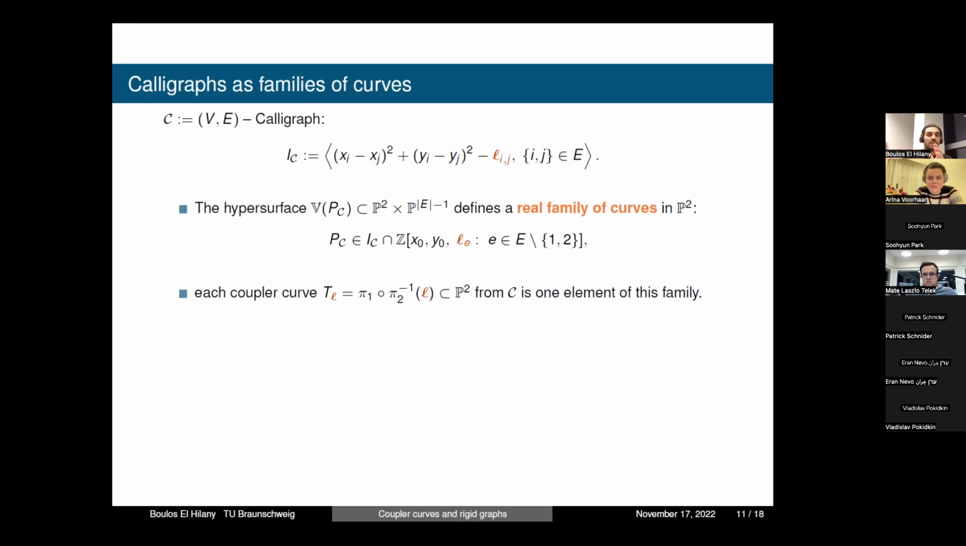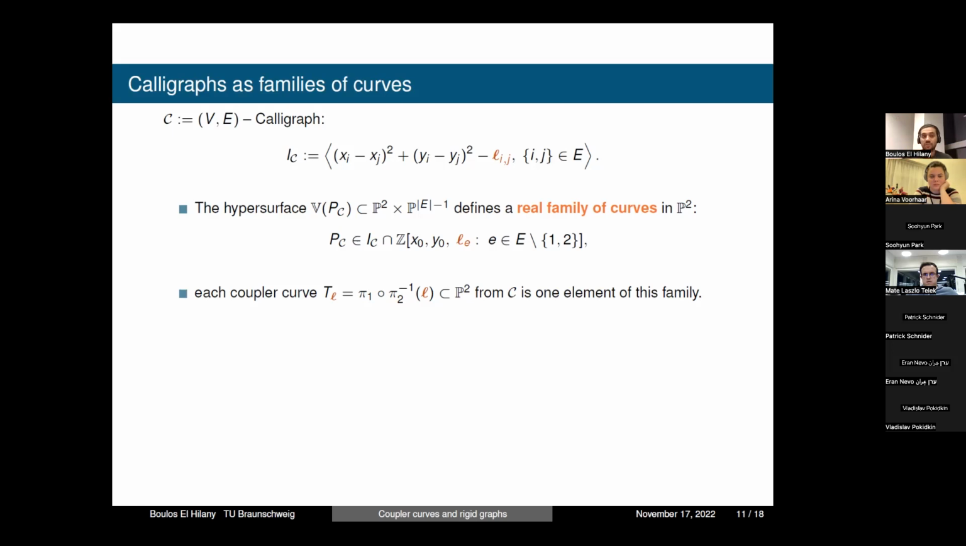This is a family of calligraphs where each coupler curve can be obtained in this operation. So I take a point inside the space of edge lengths. This corresponds to one edge length. I can look at the preimage. It's a curve inside this hypersurface, and then I project it to Z2, and this is how I can obtain my curve. So what happens here is that for the preimage, there's a linear system that describes all my curves, and